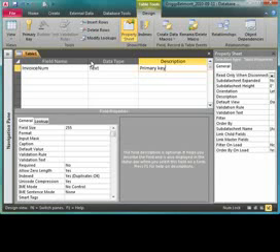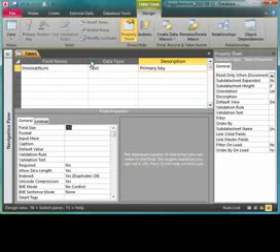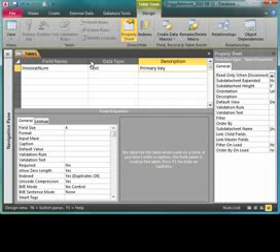I'll press F6 on my keyboard, and that's going to take me down to my field properties. I'm going to set my field size for 4, and I'll either enter down, tab down, cursor down until I end up in the caption field. Once I'm in the caption field, I'm going to press Control-V, V as in victory, to paste in the field name that I copied from up above. That eliminates the necessity for me to retype this field name, and I'll just cursor over and put a space